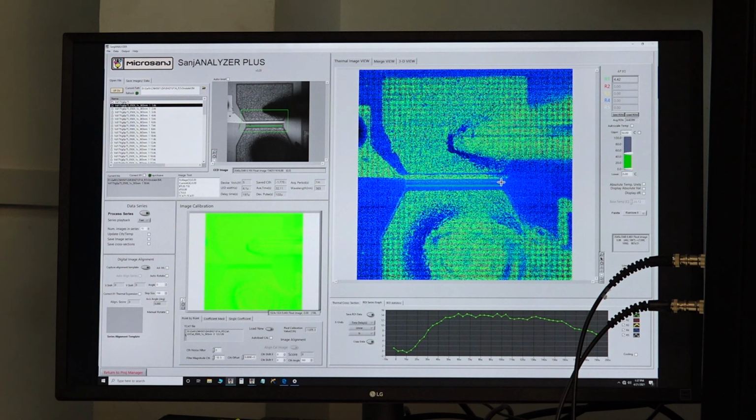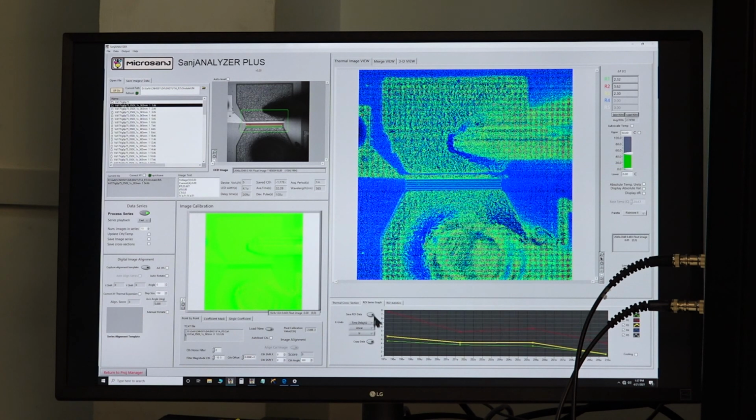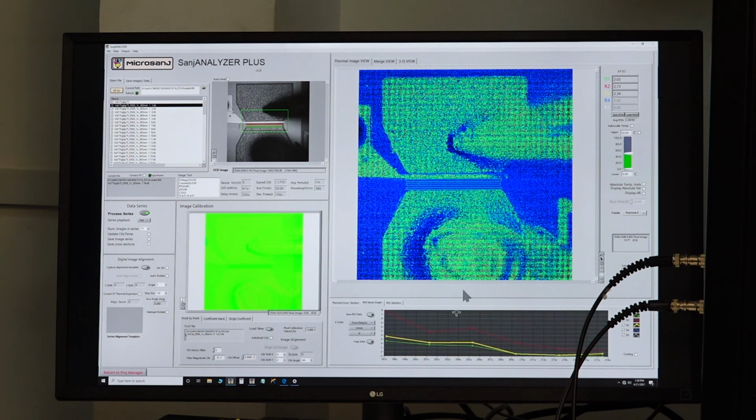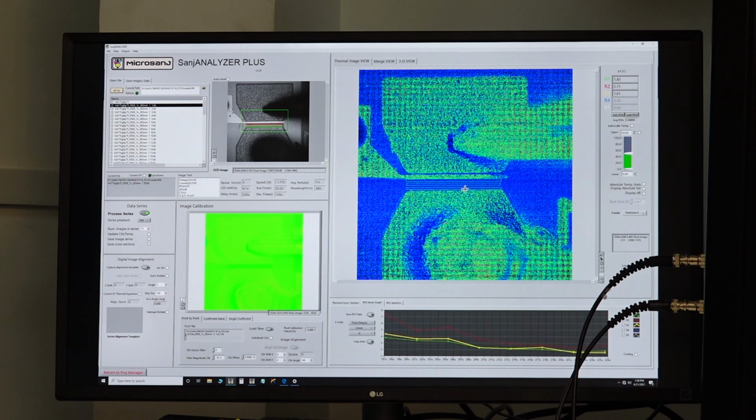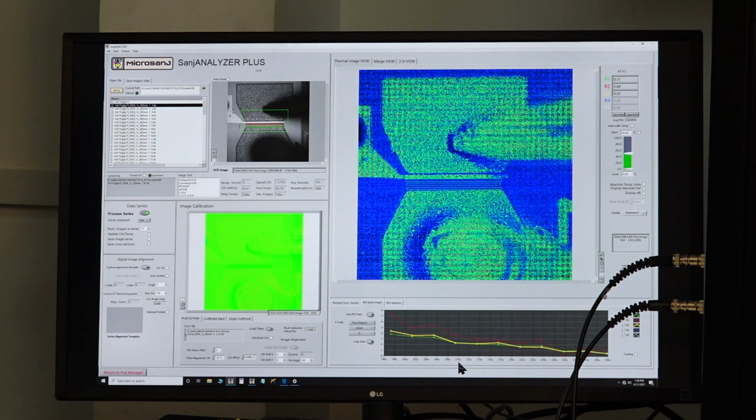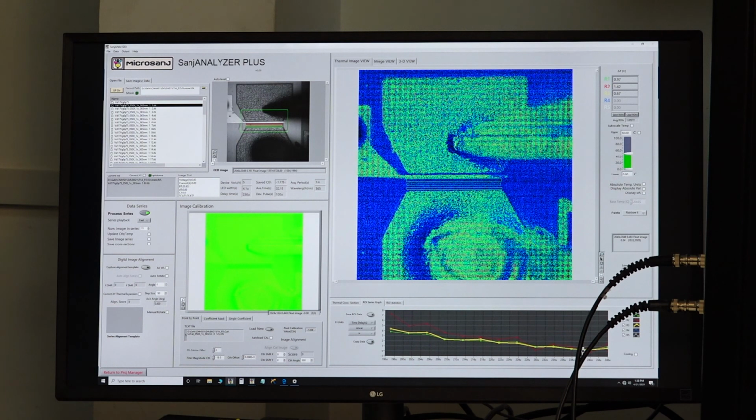What we have to do is press control on the keyboard and then select our regions of interest. So we have taken 3 regions. You can see R1, R2, R3, and we are now going to play the series. As we play the series, in this ROI series graph, corresponding to each color code, for example region 1, region 2, region 3, you'll get temperature data plotted here.